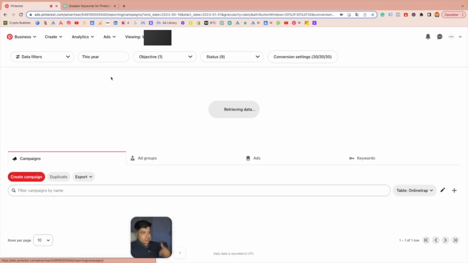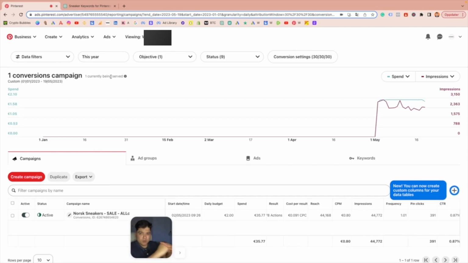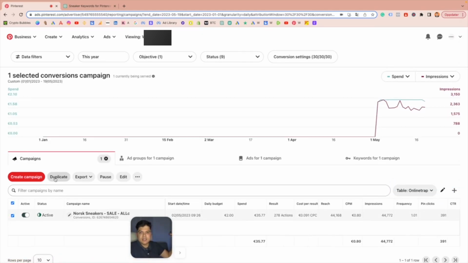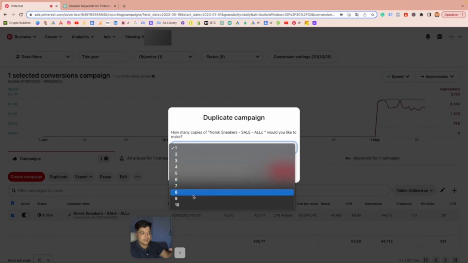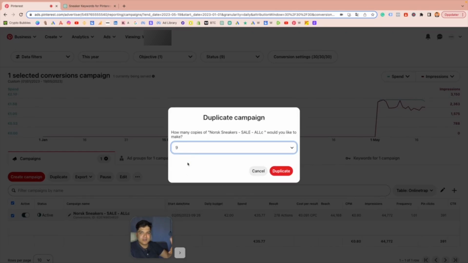So when you want to do this, you want to test as many products as possible. As I'm telling my students, have a €3 budget and then test 10 products at a time and let that run for 3 days without touching the ads at all. If you want to save yourself a lot of time when testing the products or creating all of the 10 campaigns every third day, you just click on this one and then you click duplicate, and you duplicate it as many times as you're going to do. In this case it is 9 times because we are putting out 10 different campaigns, 10 different products, each time we do a new testing cycle. So then you just click duplicate 9